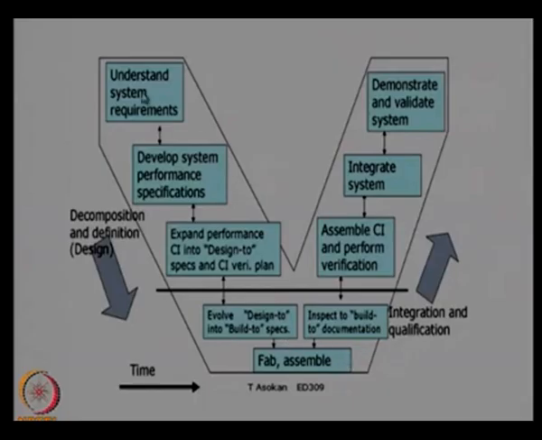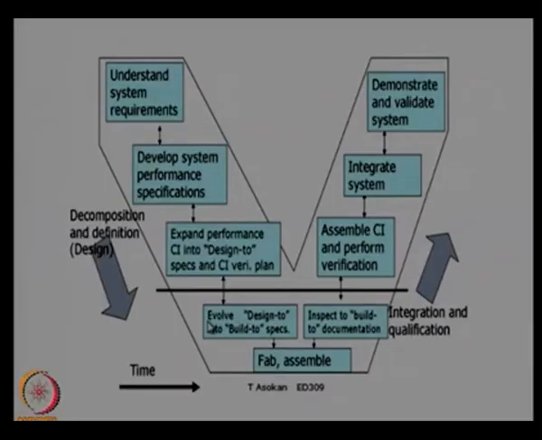So the horizontal line again represents the division of job between the system engineers and domain experts here. So once this is completed, this design performance configuration items and design to specs are identified, then the design engineers will develop the components and integrate them, fabricate, assemble and integrate, and inspect to build to documentation. There will be a documentation which actually specifies what requirements or specifications the component should satisfy for the build to system,